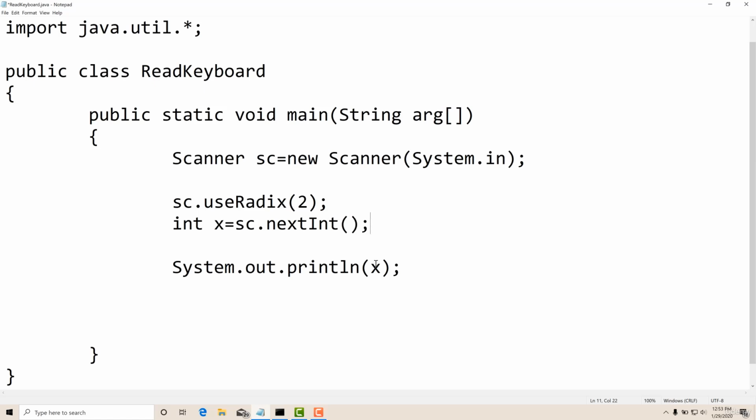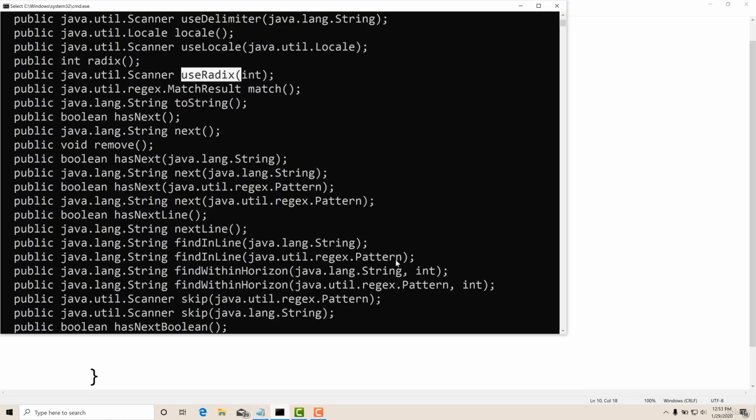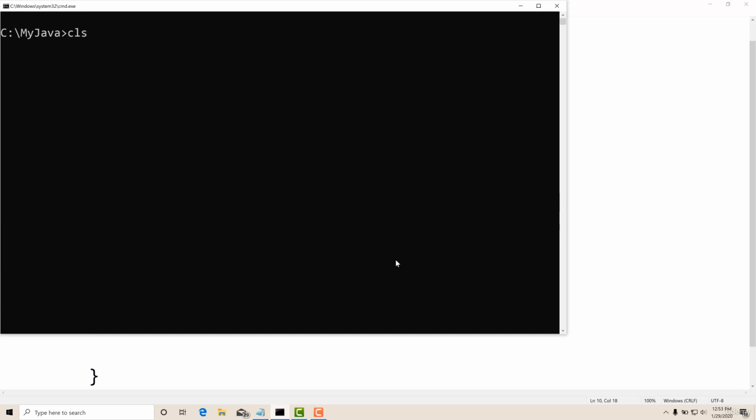So nextInt, and I will display it. So integer will be displayed, and this display will be in decimal form, right? It is not in binary form, but I will be reading it in a binary form. It will be showing it in a decimal form. So I have set the radix like this. Now let us save it and go to command prompt, clear the screen, compile the program,